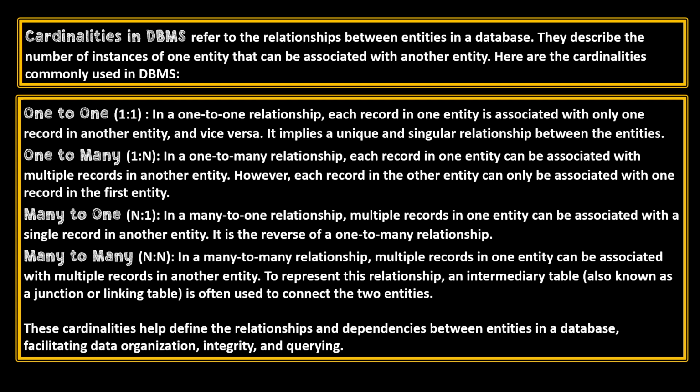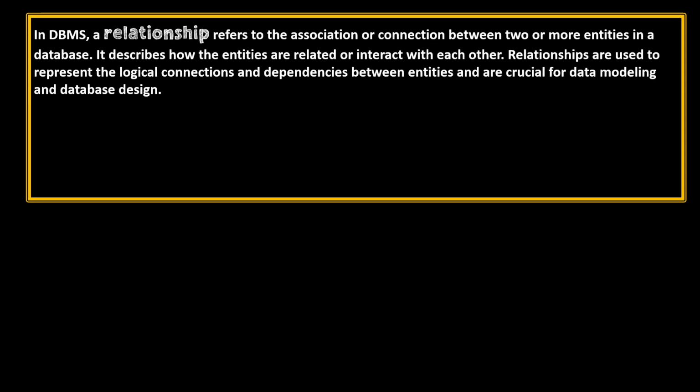and querying. In DBMS, a relationship refers to the association or connection between two or more entities in a database. It describes how the entities are related or interact with each other. Relationships are used to represent the logical connections and dependencies between entities and are crucial for data modeling and database